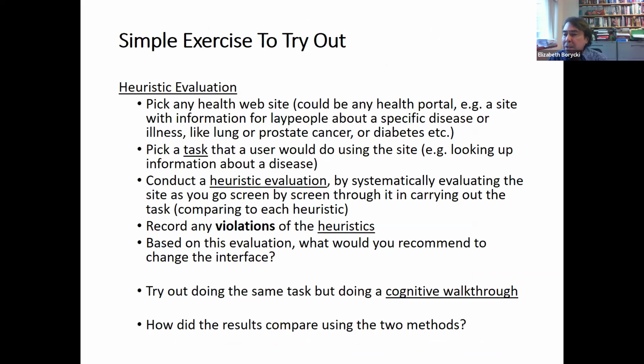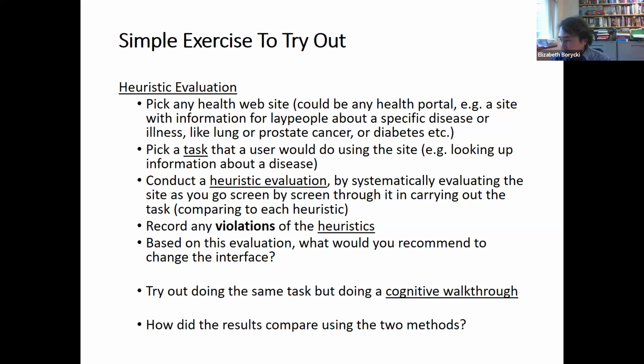Okay, so I'm going to come back and talk about how to do video recording, which will be fun to try in the next week or so if you have a few extra moments. And I will talk about a few simple things to try between now and next week. One of them I'll mention again is to try out, we can do this very informally. You can pick up any health application or website, could be a health portal. Try out the idea of picking out a task that the user might do, like looking up information about a